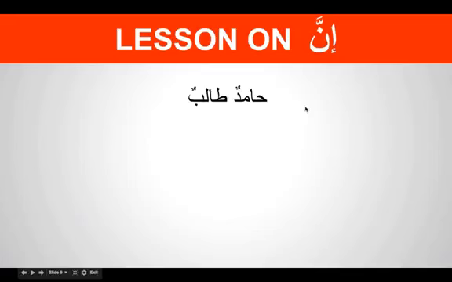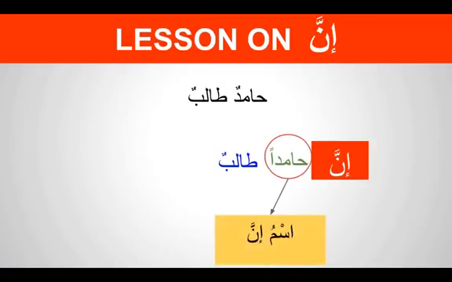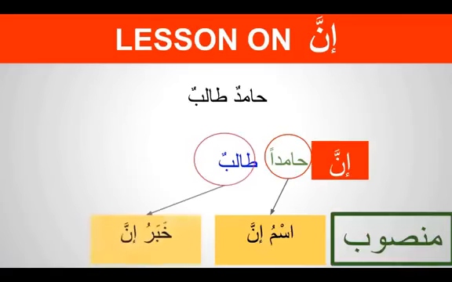One more example, just to understand this concept: Hamidun Talibun, which you've done before in the previous lesson as well. Hamidun is mubtada and Talibun is khabar. If we bring inna, what will happen? Hamidun will become mansub; it will be Hamidan, because inna is a harfu nasbin and tawqid. Tawqid means emphasis: we're saying most definitely Hamid is a student. Talibun: ismu inna is mansub and Talibun is khabar inna. So this is what we look for whenever we see inna.